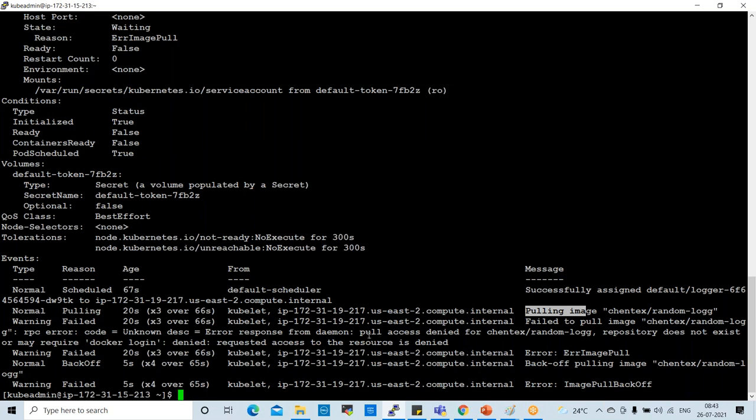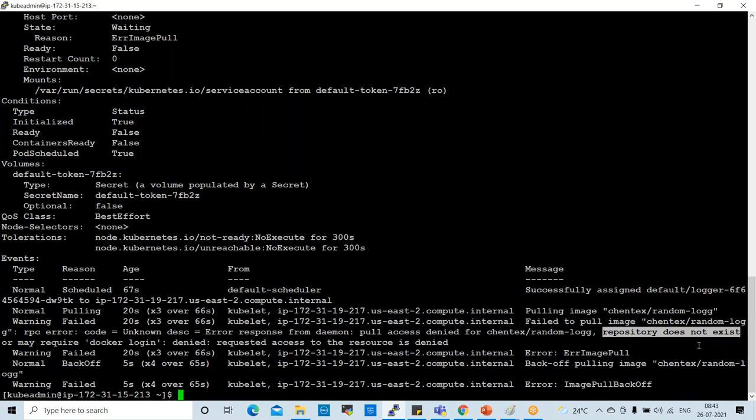And also pull access denied for syntax random log. Access denied because the name has been changed. Repository does not exist. This repository is not there basically. So something is modified, right? See here, clearly saying repository does not exist.